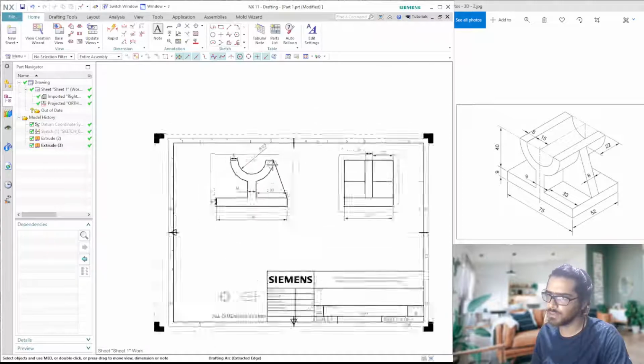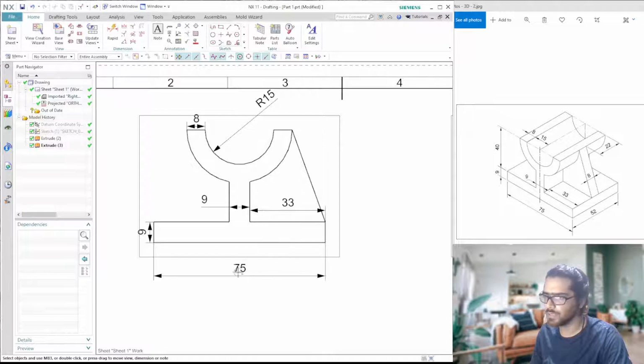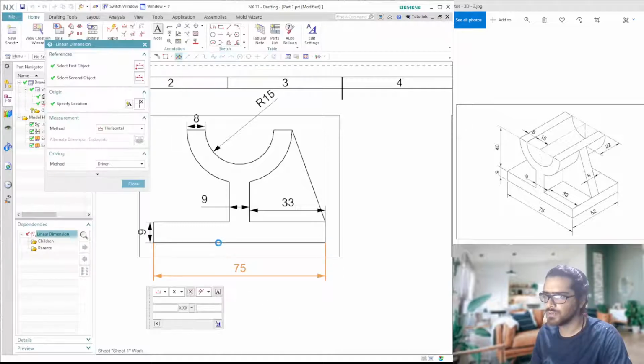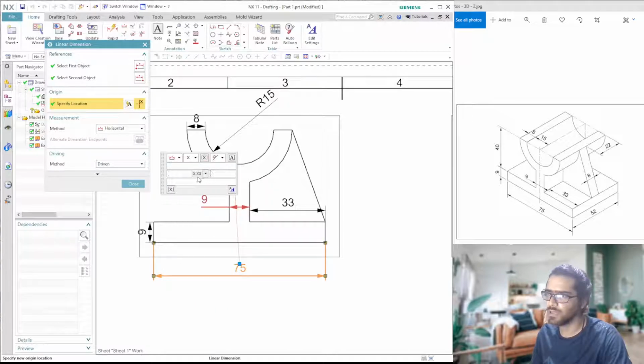Now let's see some other options that we can tweak in the dimensions. As you can see, all my dimensions currently have only the nominal value of the dimension. So if you double click this, you will have a list of options where you can add, let's say, the tolerance. You can see that there are many options. Let's select the bilateral tolerance in this case, and automatically you'll have some default tolerance value, which in this case is 0.1. Let's change it to, let's say, 1 mm.